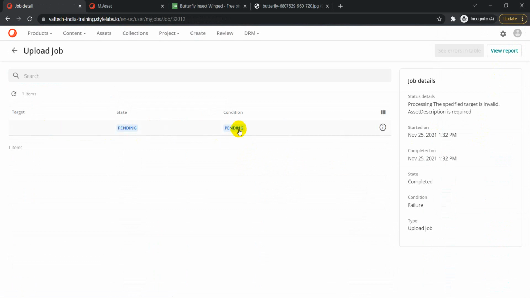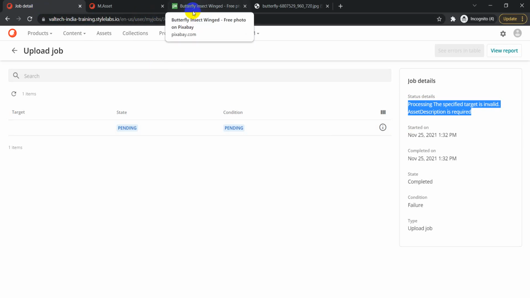The state is pending, condition is pending, but the status detail, if you see here, says the processing of the specific target is invalid, asset description is required, right? So in the previous step we just made this asset description a required field, but with that change, what's happening here is we are not able to change anything. We are not even able to import a new asset to our system, because that asset description is required.